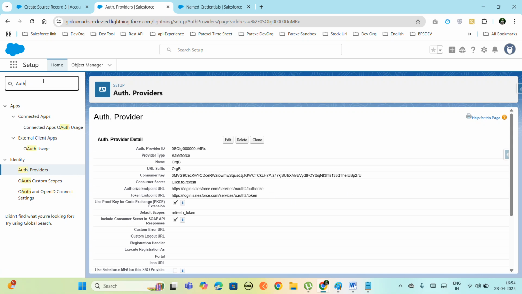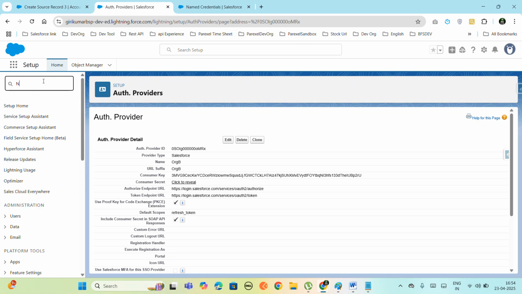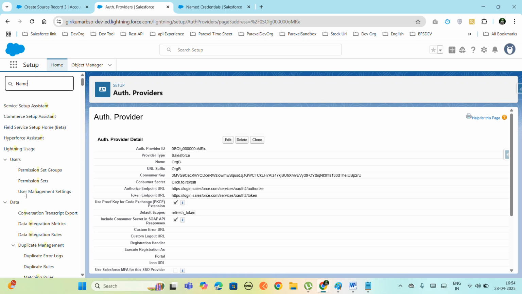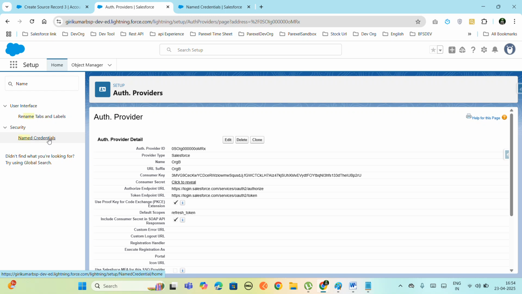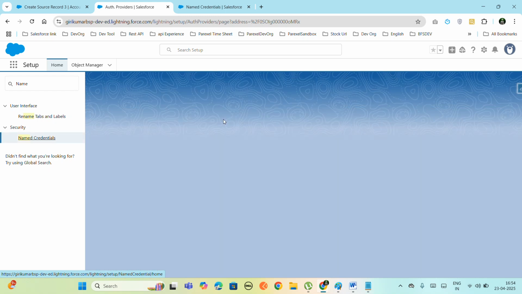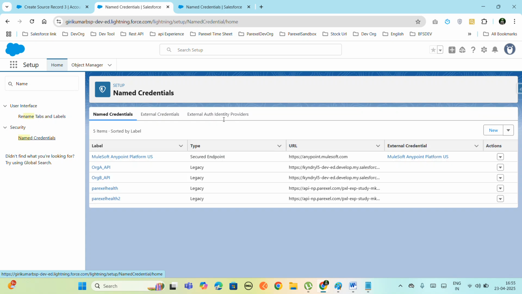After this auth provider, we can create the named credentials. Here we get named credentials, and we create named credentials. I have already created one named credential, which is for org B. When you click on org B,